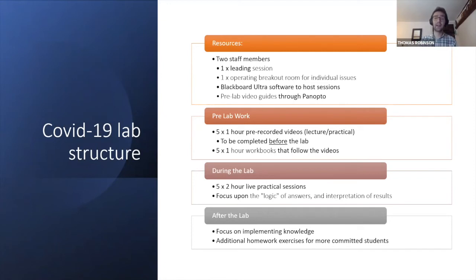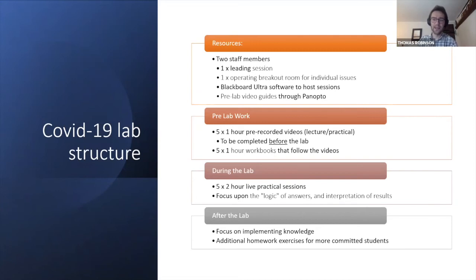I've already said that this was 5 times 2 hour live sessions, and it was mainly focused on why things were working, not how do I run a t-test, but why does the t-test give me this result, and why is that important for the practical, political or international relations problems that we were looking at in each of our sessions. And we really did try and cover a whole gamut of different data. So we did everything from British electoral studies through to country level analysis, international organizations, civil war and conflict,